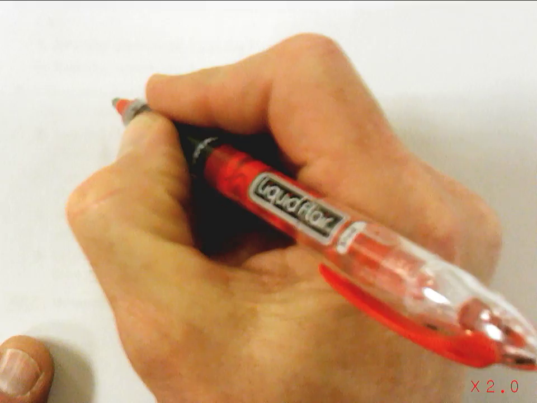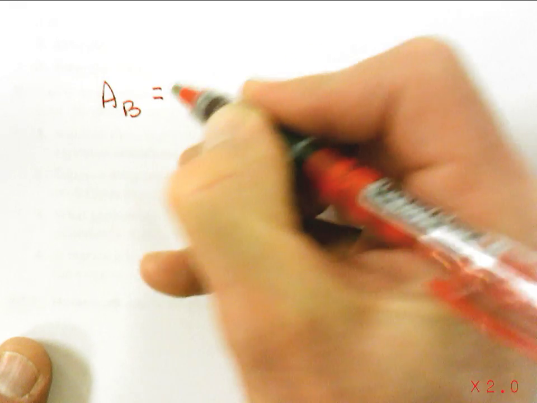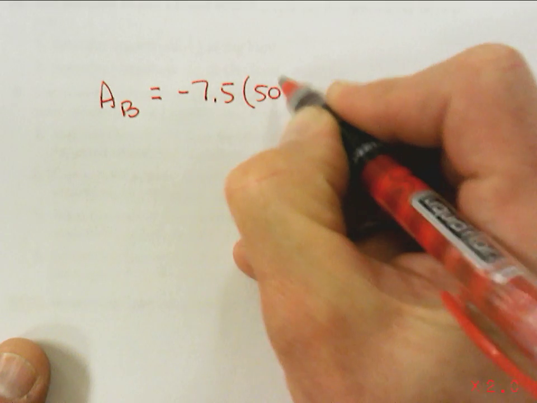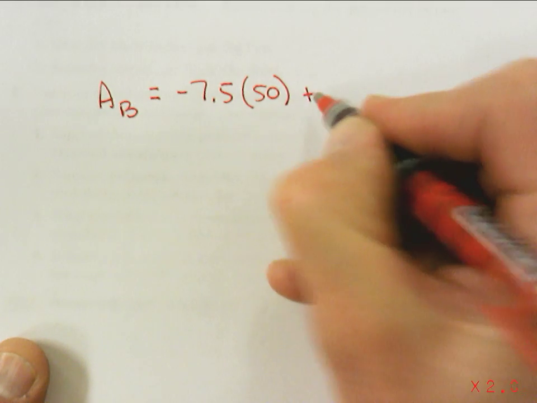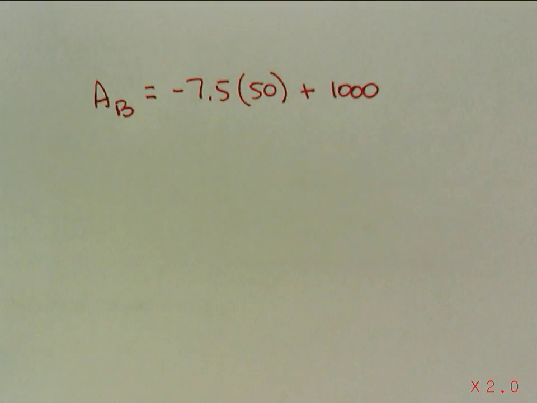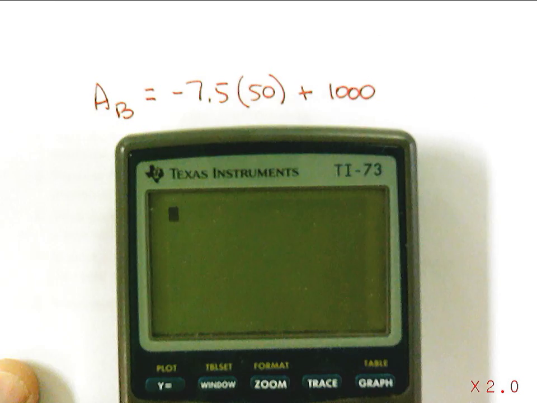So for the attendance at Big Fun, it's equal to negative 7.5 times the 50% chance of rain plus the 1,000. And I'm just going to go ahead and use my calculator to calculate that answer. So I'll put it here so we can see both. So negative 7.5 times 50 plus